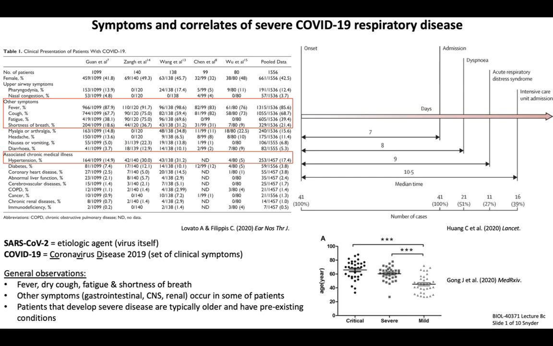By now, we also know that there are a number of risk factors that correlate with the onset of severe COVID-19. Age is a major risk factor, so a lot of elderly people are at much higher risk of having severe or critical forms of disease that could kill them. Other pre-existing conditions such as heart disease, diabetes, and hypertension are also correlated with a higher risk of severe disease and death following infection. This slide highlights risk factors associated with severe disease, but I want to stress the fact